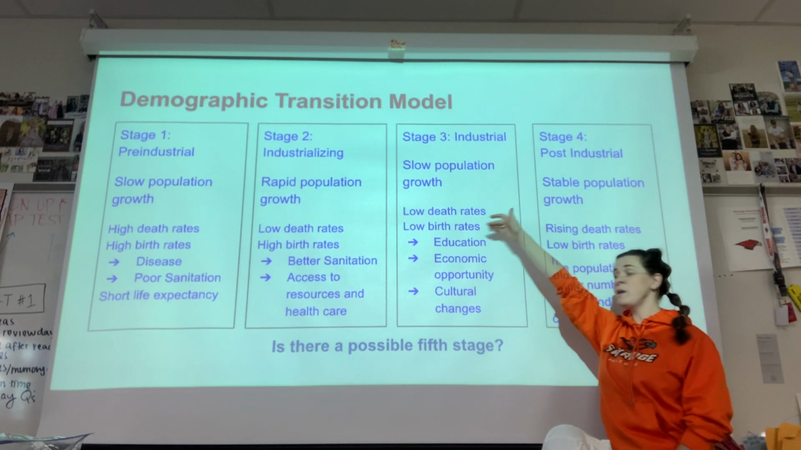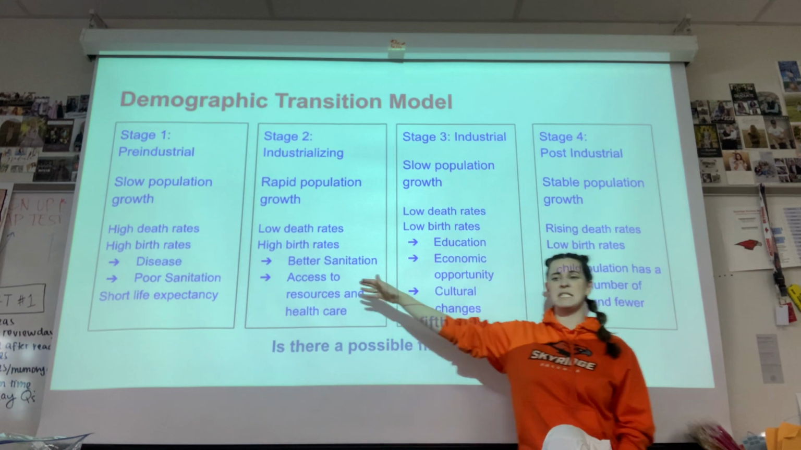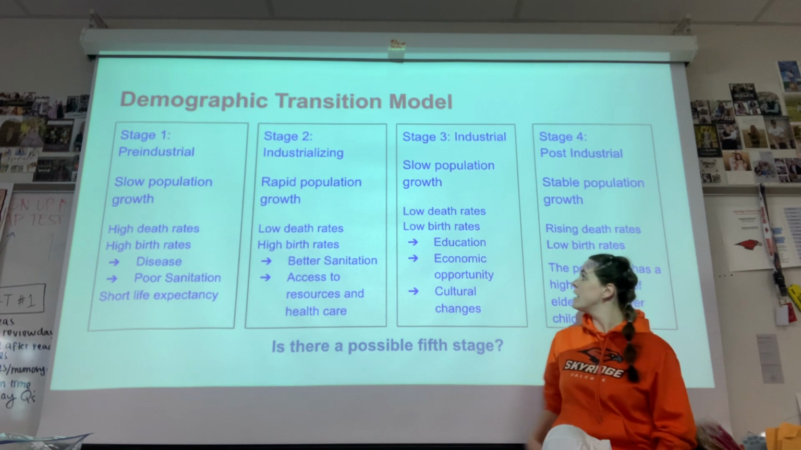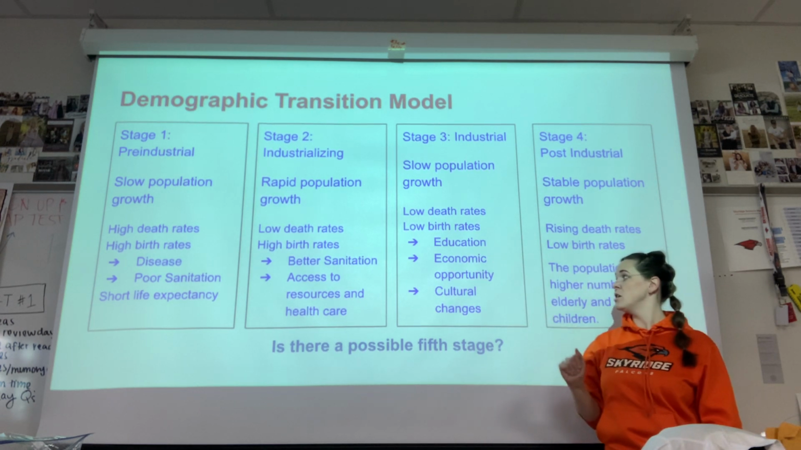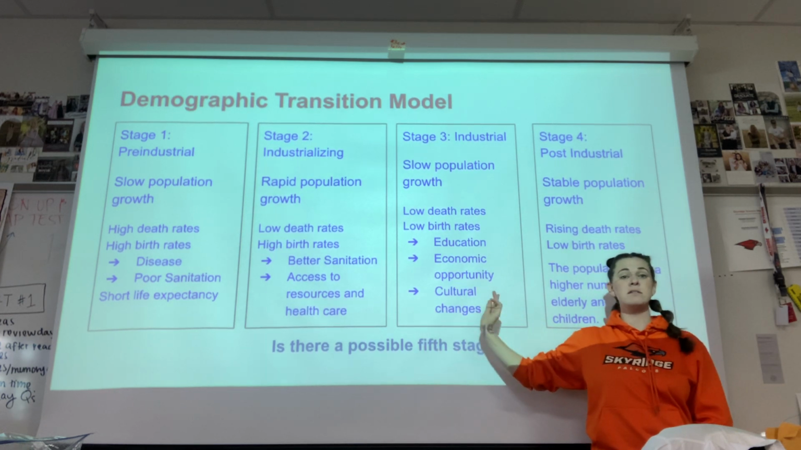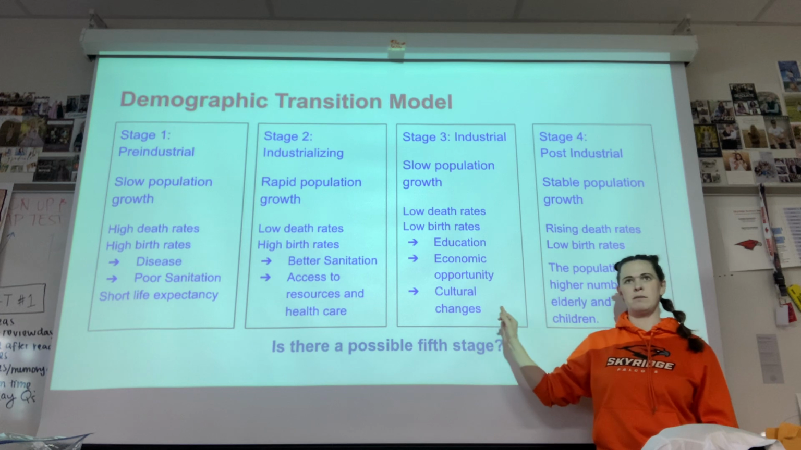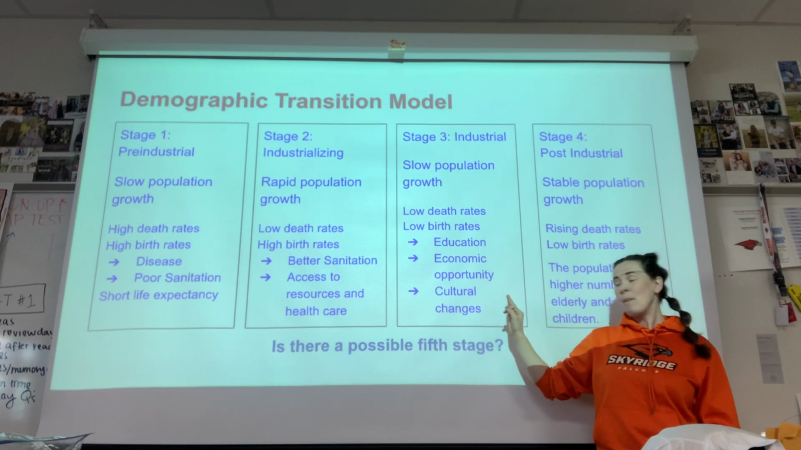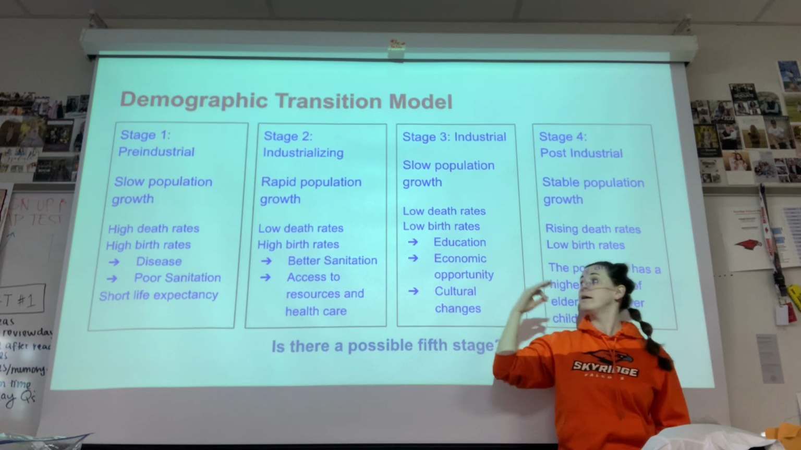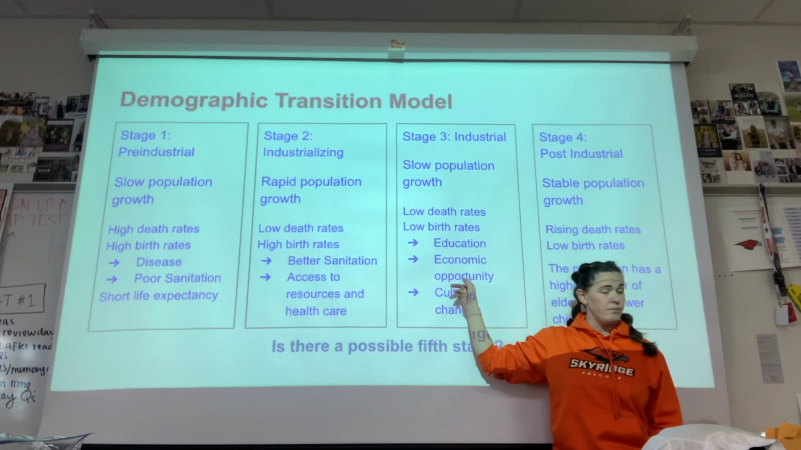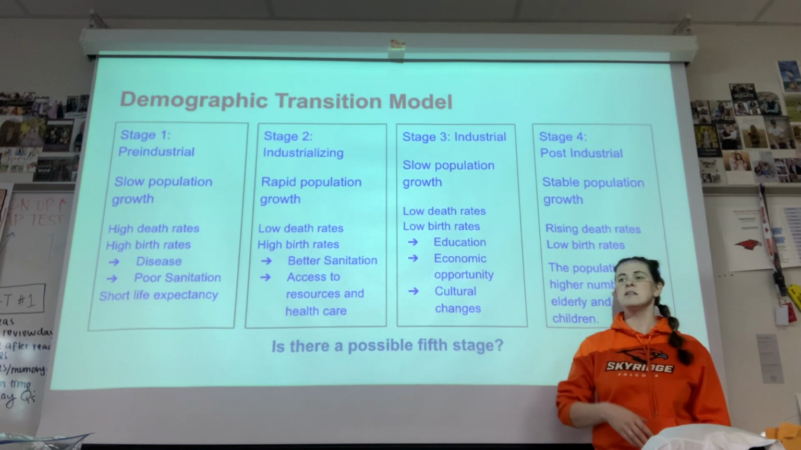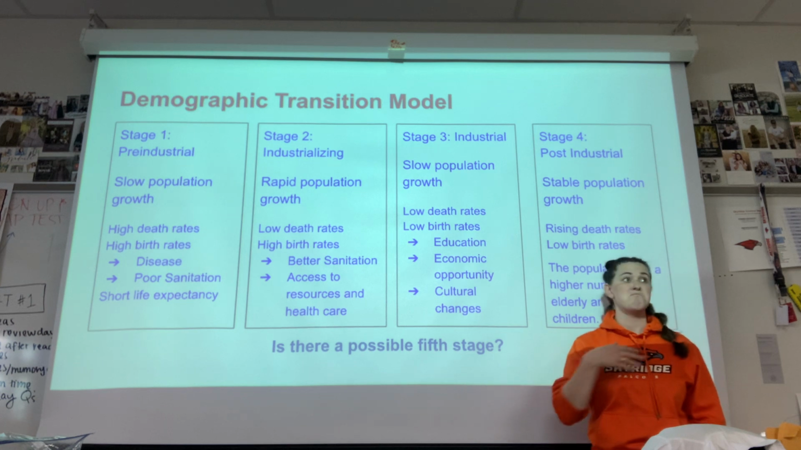Alright, so as soon as we have good sanitation and access to healthcare, we are going to start slowing down our population growth. That's because we have more education, more economic opportunity, and more cultural changes. All of these things have to do with women. Sorry, dudes. But it's because women are getting more educated, which means women are in the workforce, which means that women are not going to be having as many kids because they are working and somebody else has to